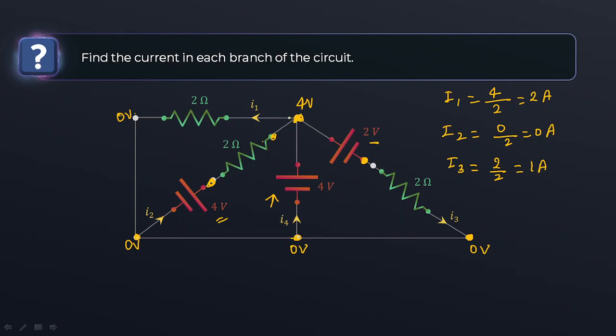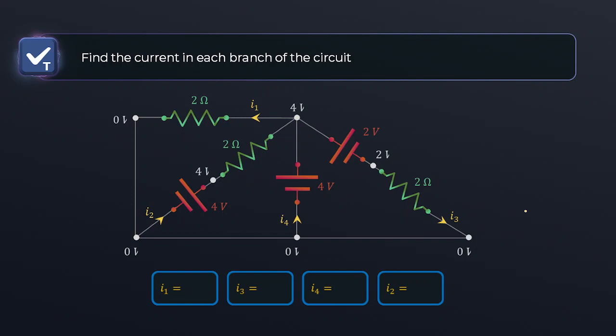Now at this point, if you consider, I1 is 2 ampere, I2 is 0, and this is 1 ampere. So total current flowing from this wire is how much? 2 plus 1 is 3. So we can write I4 will be equal to 2 plus 1, 3 ampere, right? Simple, easy. So in this case, we can just put the values of voltage at different points, and then we can write the value of current.